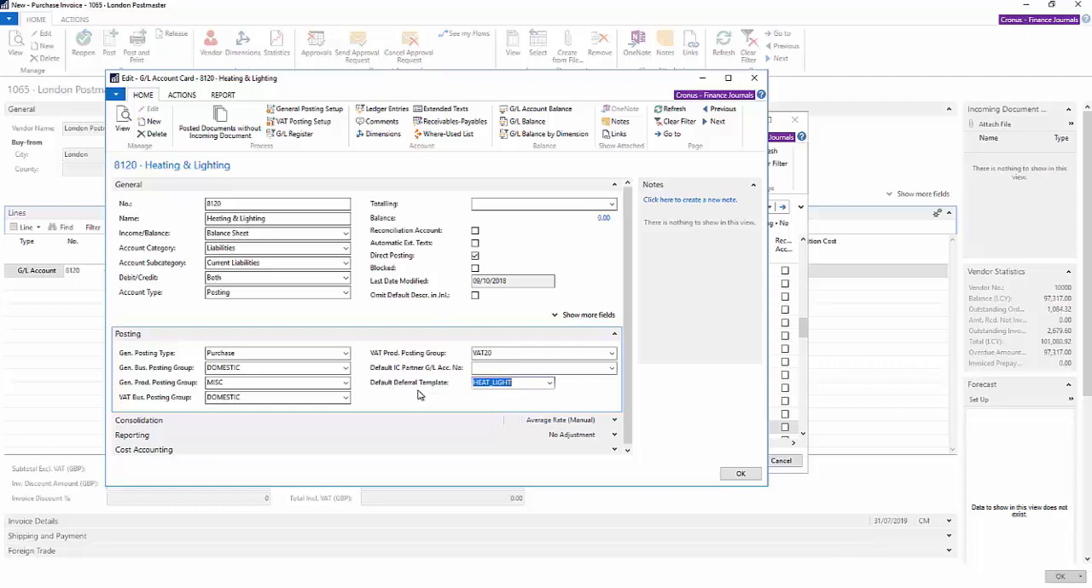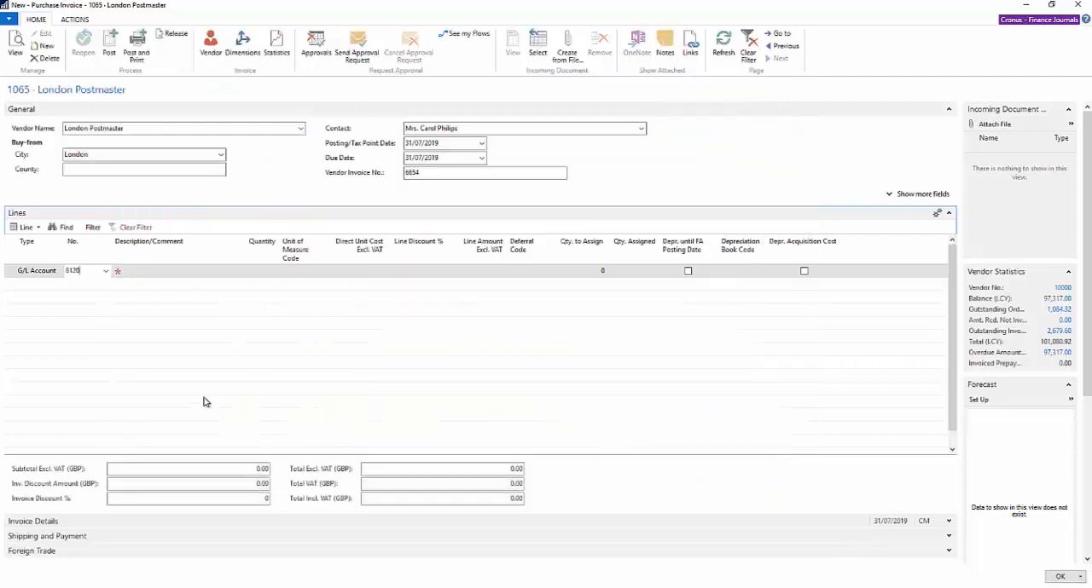You also have the default deferral template field on both items and resources as well. So again, it can save time and help you code up fields properly. So I'm just going to say OK to that, and you'll notice that the deferral code has come through. I'll pop in my quantity, I'll put in my figure here, and nothing magic happens at this point in time, but for us to see what is actually being posted,